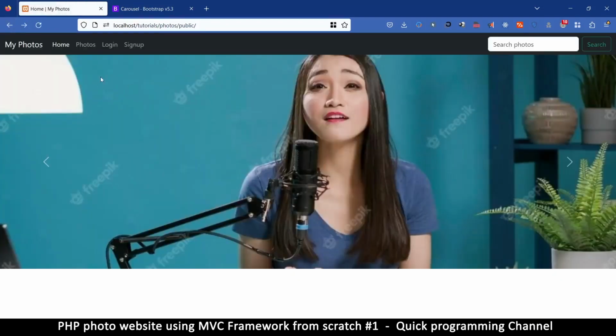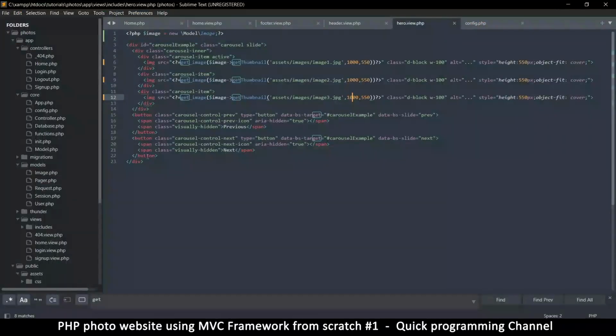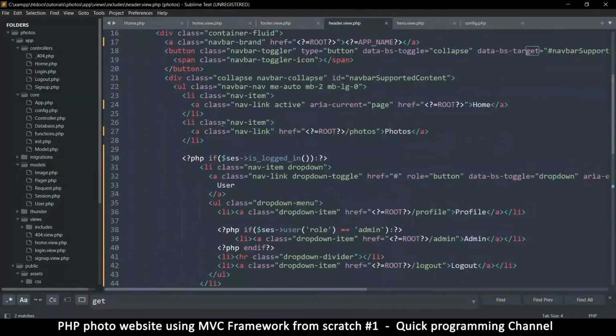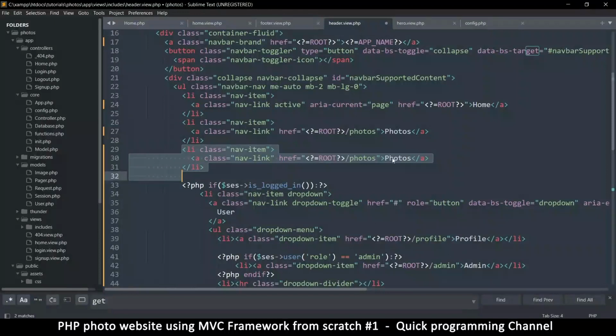And then there'll be a photos page here, but the view file isn't there yet. And also, I want an upload photo part in the header. So I'm going to go to the header here, and that's what I want to do. I just want to duplicate the photos link over here like that. And this one is going to say upload photo like that. So this will lead to the upload